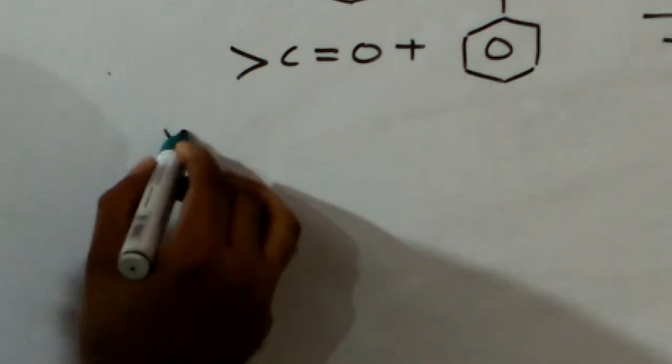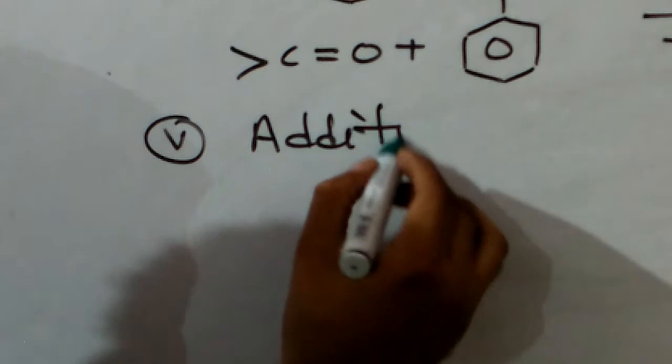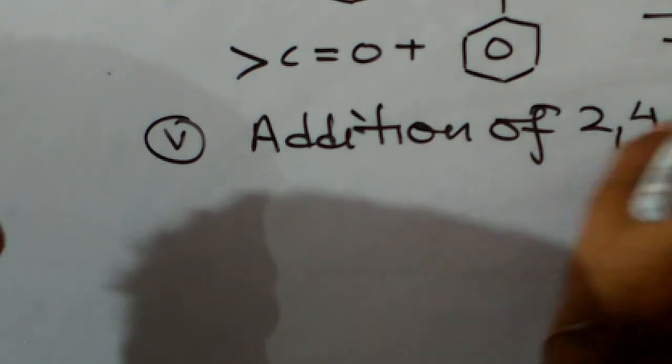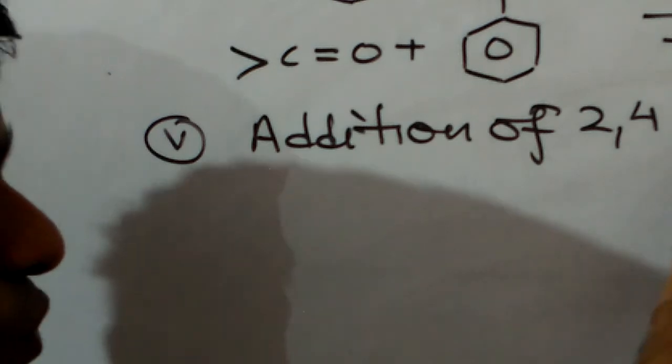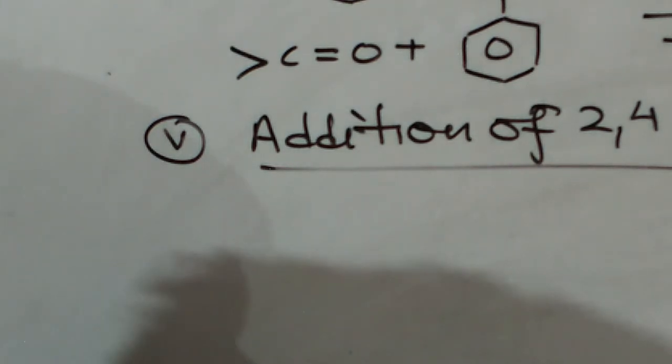I am doing a simple thing. From aldehyde part I am taking oxygen. From ammonia part I am taking H2 and removal of water takes place, and then I have to add the group with double bond. Next one is addition of 2,4-DNP. I have explained earlier also. 2,4-DNP stands for 2,4-dinitrophenylhydrazine or Brady's reagent.